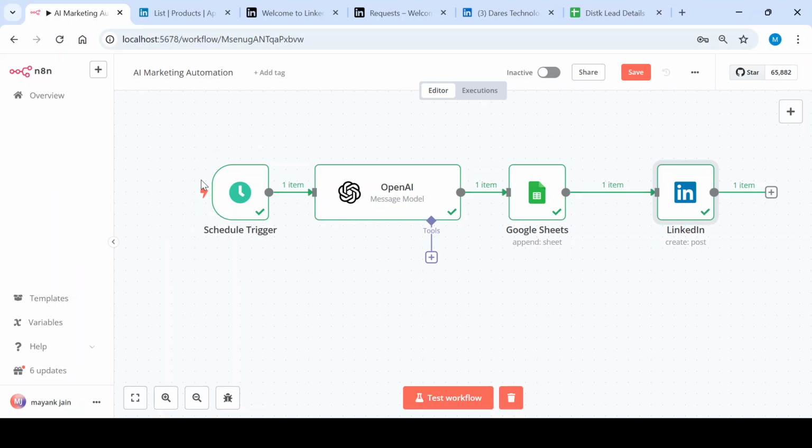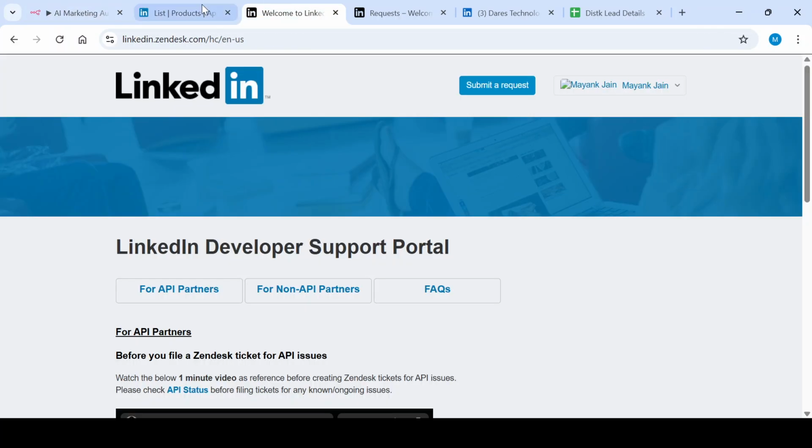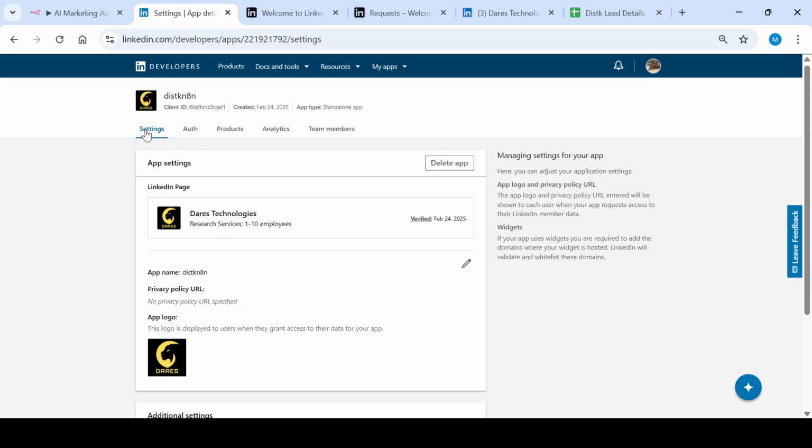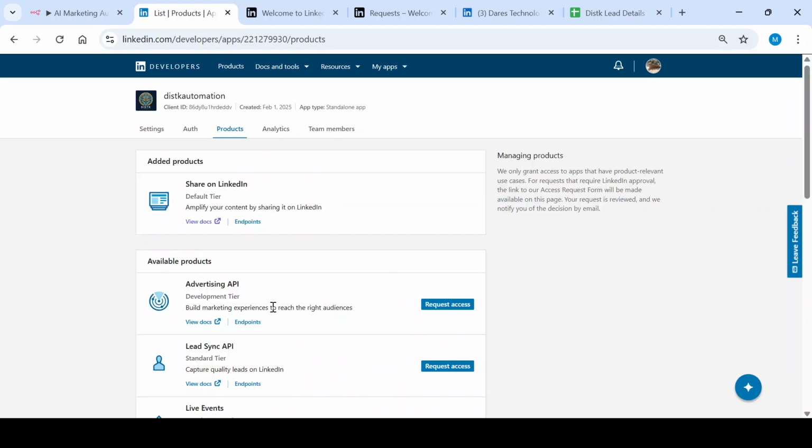Problem was, when you create an app on LinkedIn, right? You have to create a developer account. As a developer, you need to log in. You need to create an app, right? So you go to settings, and then from my apps, you can create an app. Create app. You can do like this. So first I did it with this automation, but my go with products. So my request was